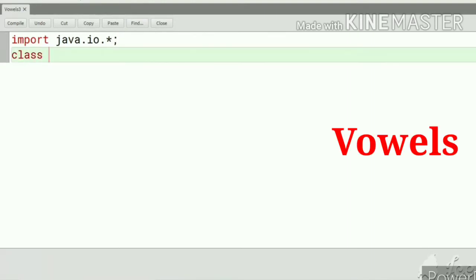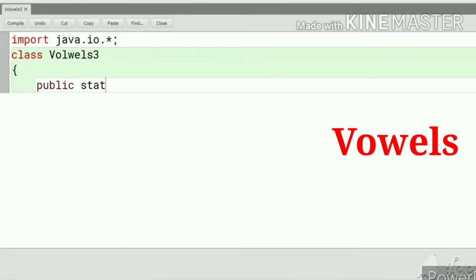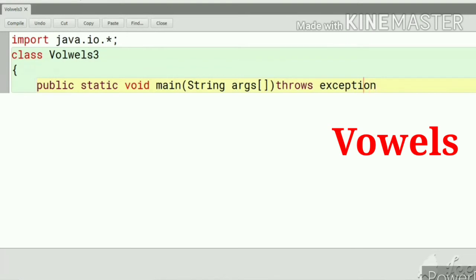Class vowels, then curly braces open for the class. Here we'll write public static void main, String args, throws Exception, with E capital.